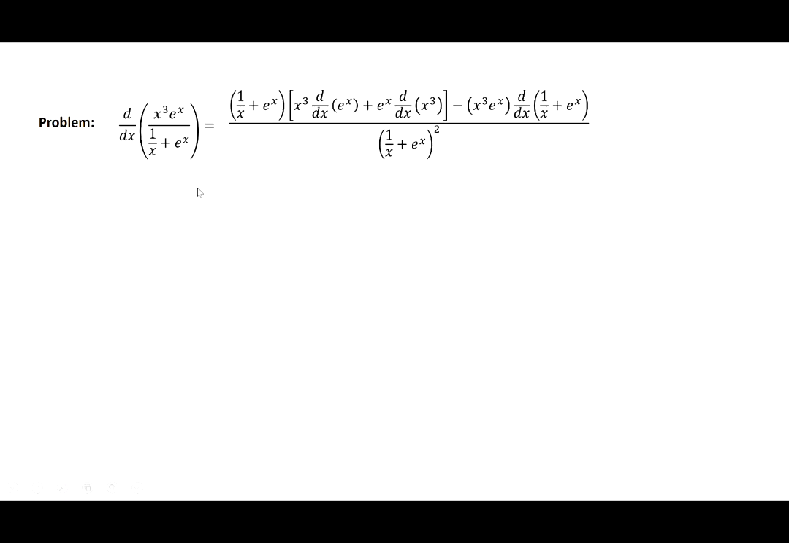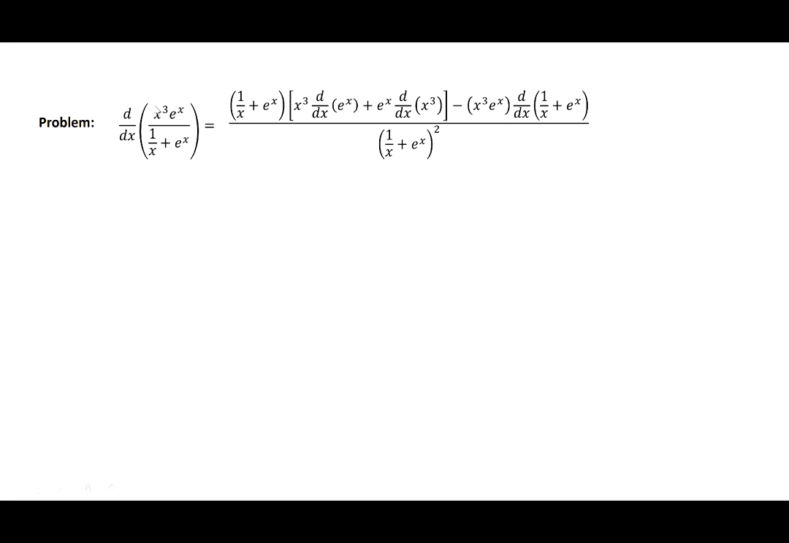So we say 1 over x plus e to the x, the denominator, just copied it, times, I applied the product rule, x cube, first function, times the derivative of the second function, plus second function, times the derivative of the first function. Notice how patiently I'm just writing it down. I'm in no hurry sometimes because I don't want to make any mistakes. So patiently I write down everything. Cool. Minus